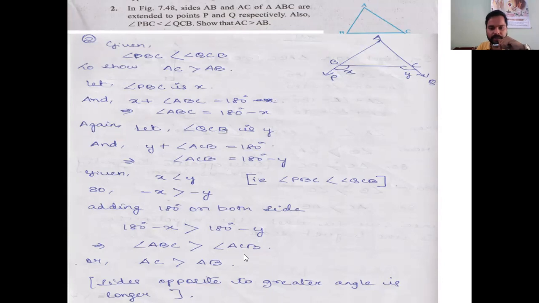Up to here it is clear. What is the opposite side of angle ABC? ABC, that means B. Opposite side is AC. So I will put here AC. And ACB, that means C, opposite side is AB. So AB, just as it was asked to prove. We did it. Okay. See, this part again I will explain.